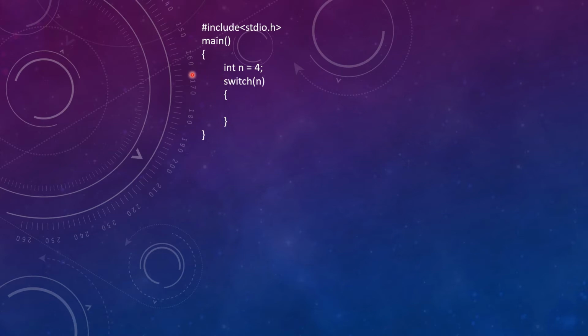As we can see here, we are declaring a variable n with a value of 4 and then we are passing that n inside the switch. But as we can see here, a very strange thing. A switch case construct always has a case and a default block, right? But in this switch, there are no cases itself. There is no case, so there is nothing to match with this n, right?